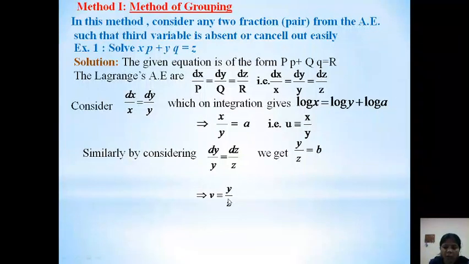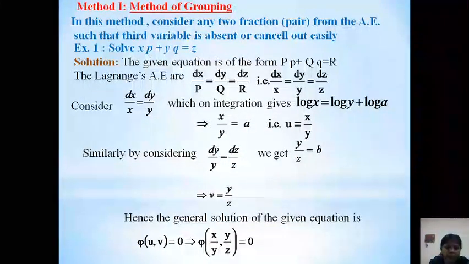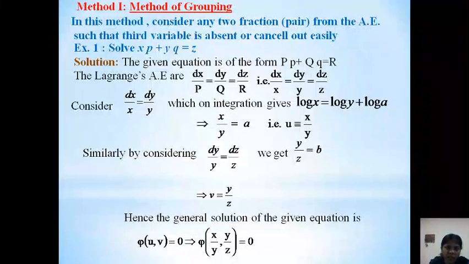So we are able to write the final general solution, that is given by phi of u, v equal to 0. Substituting u and v, you will get phi of x by y, y by z equal to 0. Remember, here phi is just a notation. You can write in place of phi f, g, h like this. Only thing is that I will suggest not to use the symbol which is used earlier in the problem, right? So here you can write f also, capital F, small f, g like this, okay, because that denotes arbitrary functions. So I hope this problem is clear to you all.